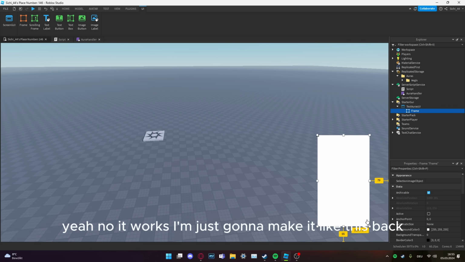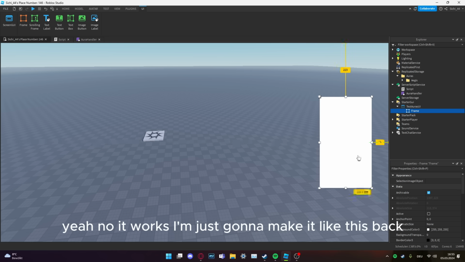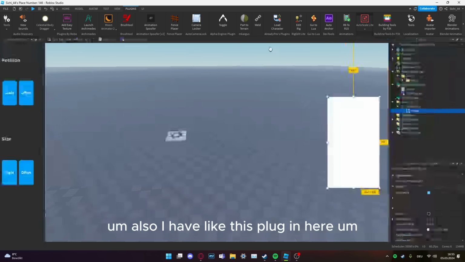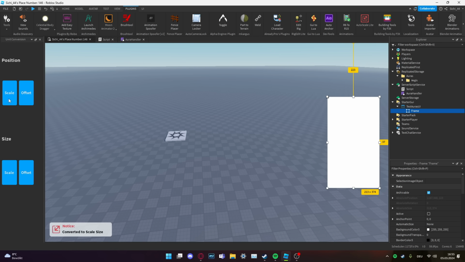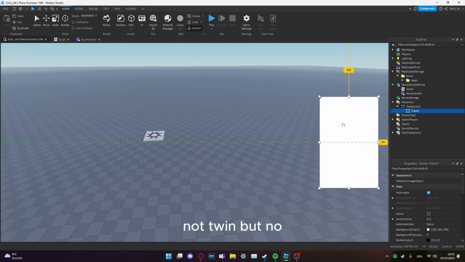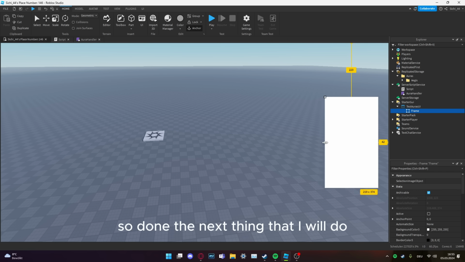Yeah, now it works. I'm just gonna make it like this spec. Also, I have this plugin here, where I can just tween it. Not tween, but no. Then the next thing that I will do is to basically